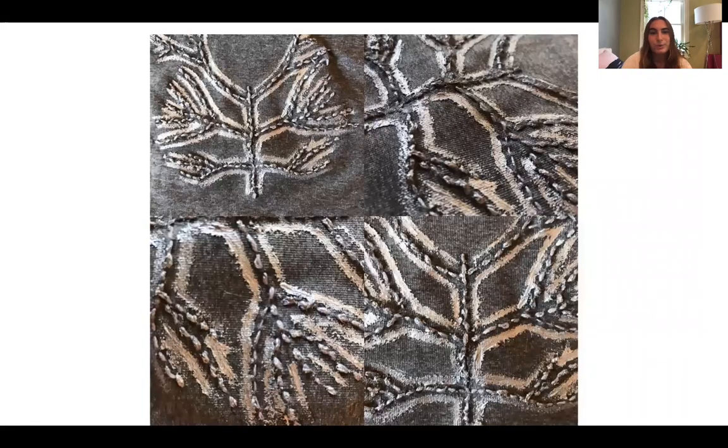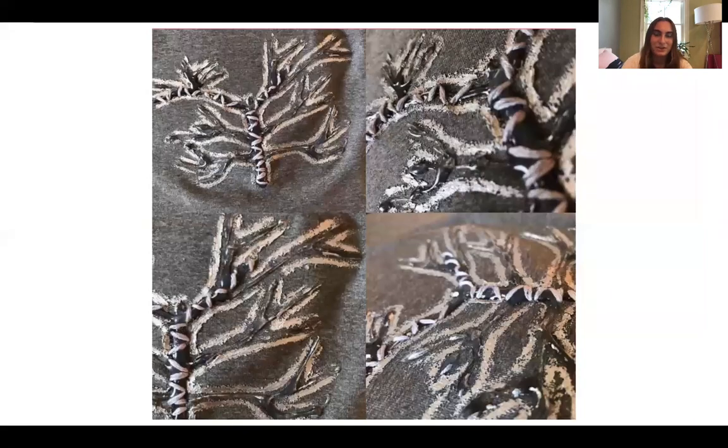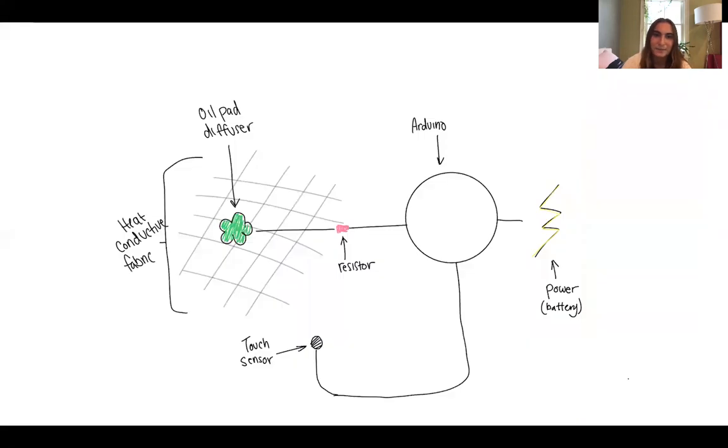And just using embroidery and paint and leggings that I had at home, I imagined through prototyping what this could be on a really low scale, and how I can embroider this into design. But then I really wanted to utilize the resources I had. And so moving forward, I made much more of an electrical based design, looking at a touch sensor that when